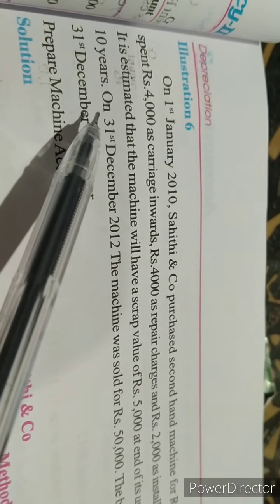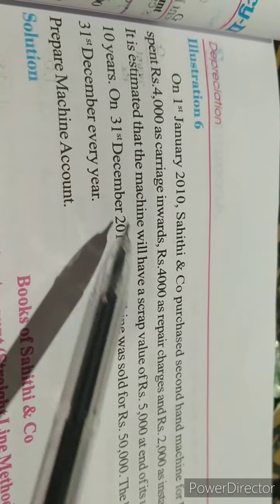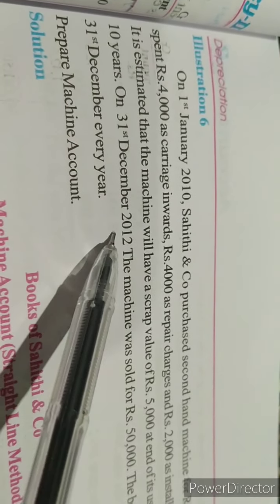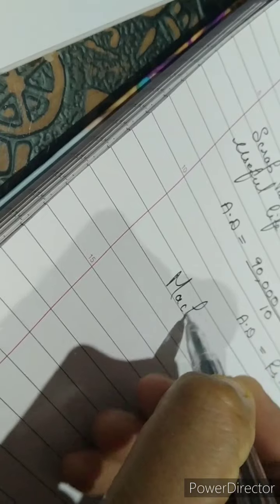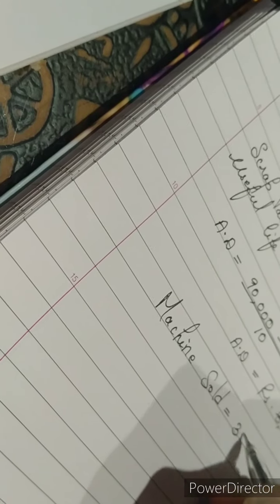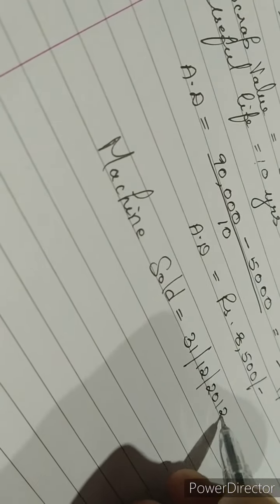Now let us go further in the illustration to see what is given to us. So till here we have calculated the annual depreciation. Now what is the next continuation? Have a look. The machinery was purchased in January 2010. On 31st December 2012, the machine was sold for how much? 50,000. So in your rough, make a note that the machinery was sold, and the date, 31st December 2012, is compulsory to be written, and for how much did they sell? 50,000. The beauty of this illustration is that you will have to find out whether the company has made profit or loss on sale of this machine.